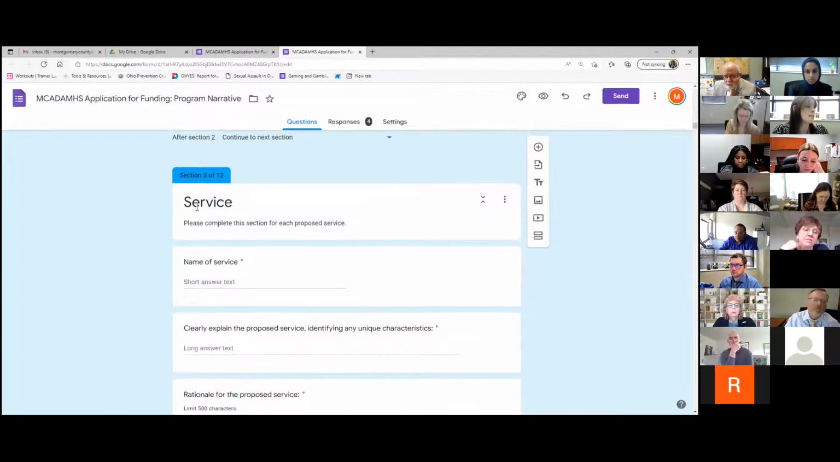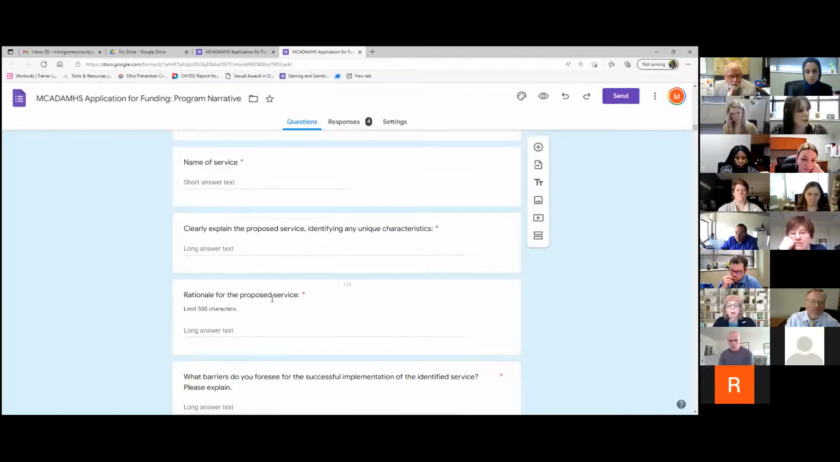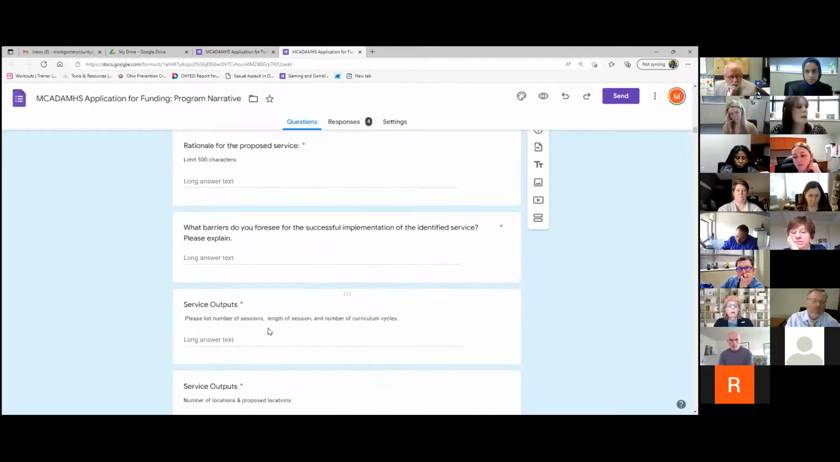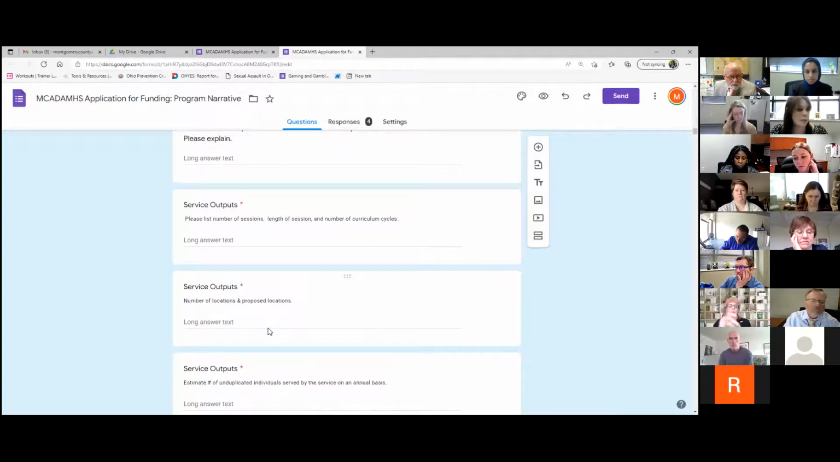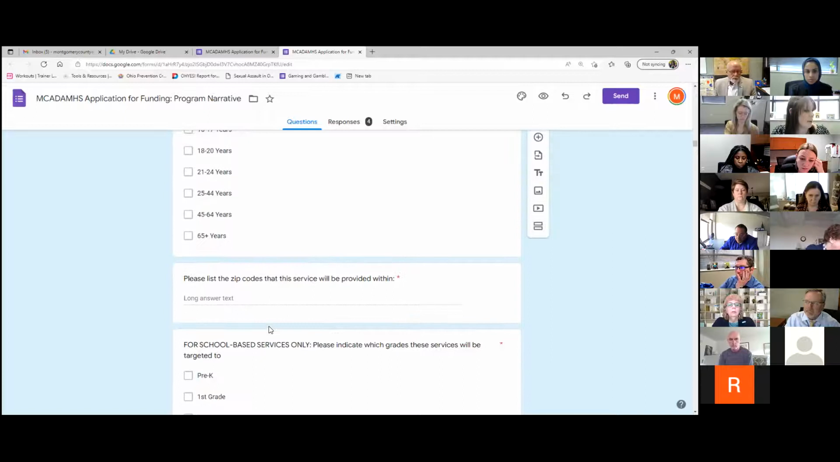And then we get into the service section. And so again, while you need to submit a different form for each program, all of the services that go underneath that program can be on one form. And the way that we have that set up is you'll see you have the section 3, which is service. You'll fill out all the information about your service. So you'll give us your narrative, your rationale, your barriers, all of your outputs. We broke up the outputs a little bit. I think this will make it easier for you all to submit, by the way, because we broke out the outputs for you. Your population, your demographics,